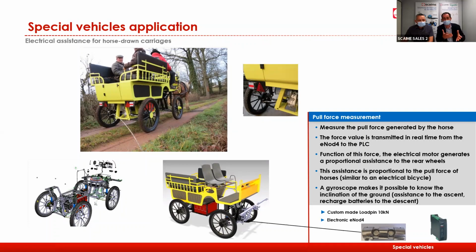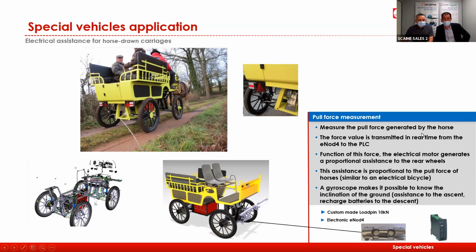This vehicle was basically working in a similar way to an electrical bicycle. So there was an electrical motor integrated on the vehicle, but the vehicle was also pulled by horses. The idea was to design an assisting system for the horse. So the load pin was able to measure continuously the pulling force